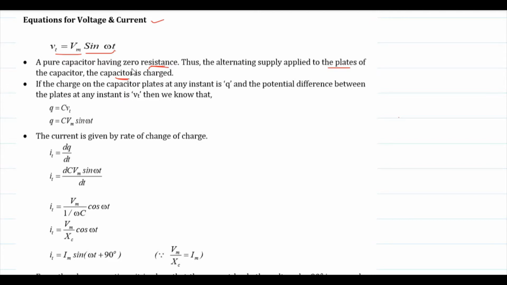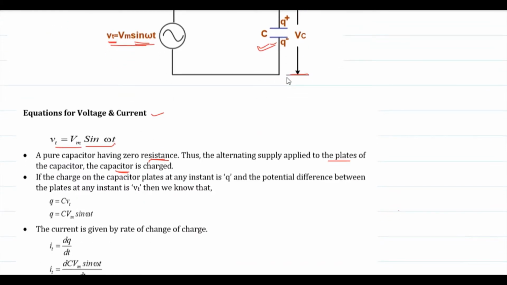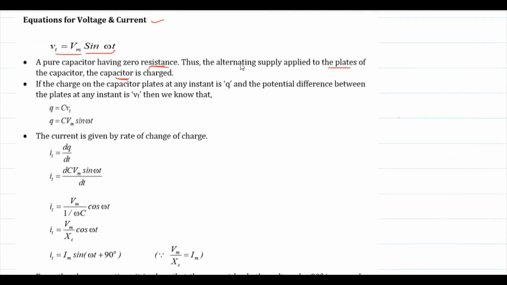If the charge on the capacitor plate at any instant is q, and the potential difference between the plates at any instant is Vt,